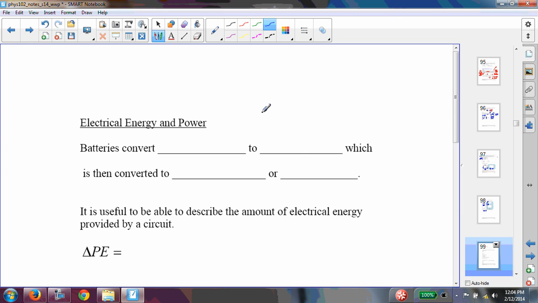Now let's do our final topic, which is electrical energy and power. Now, batteries convert chemical energy